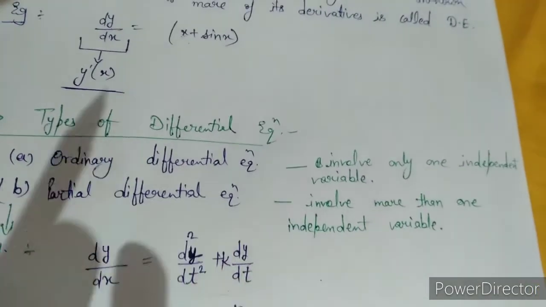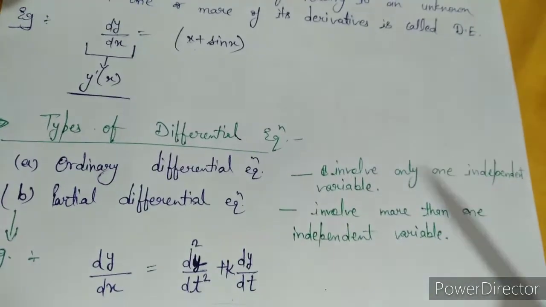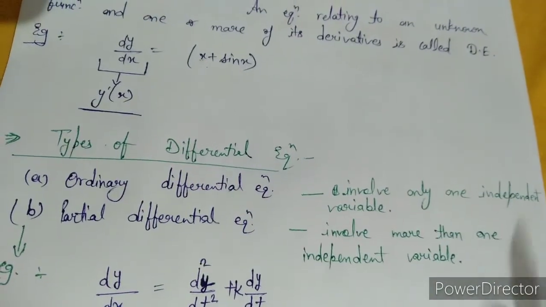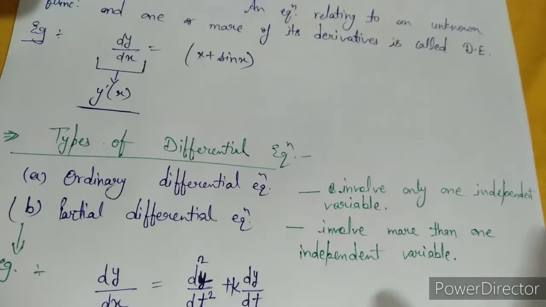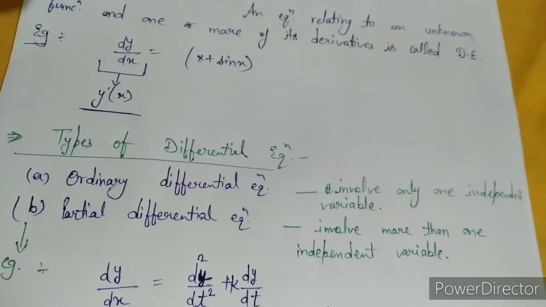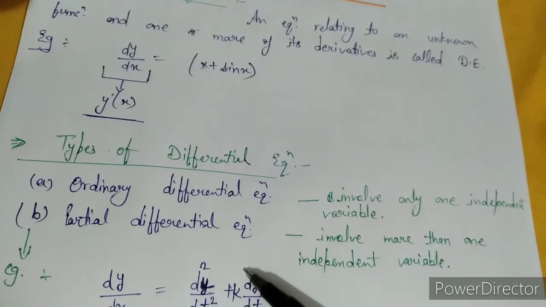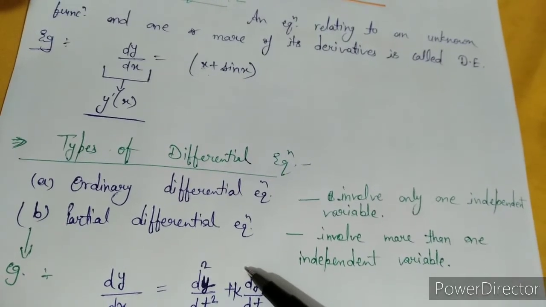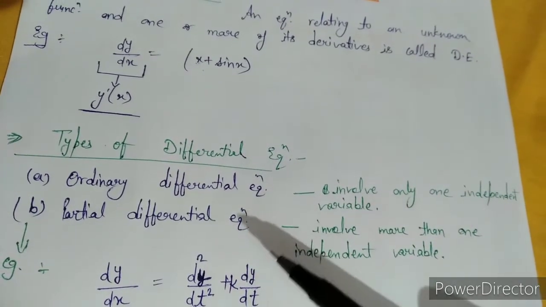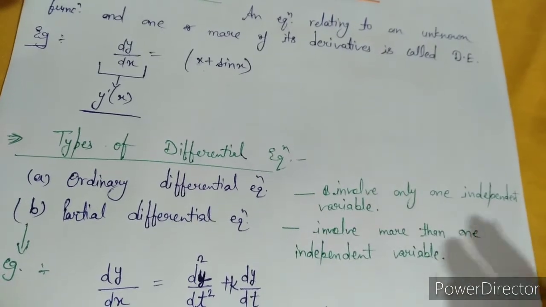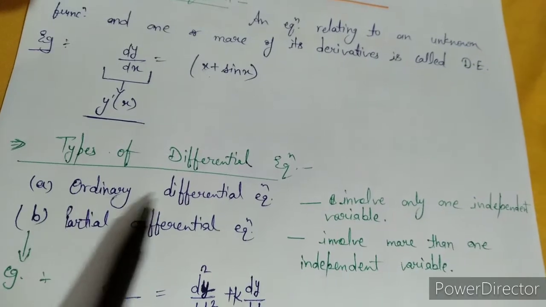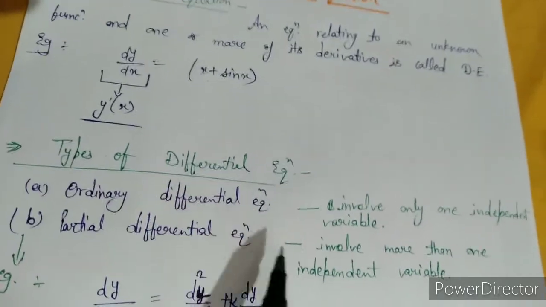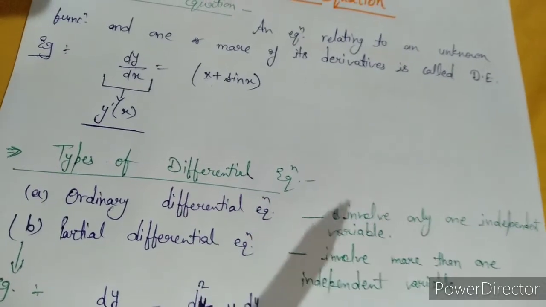There are two types: ordinary and partial differential equation. Okay, differential equation के basically two types होते हैं और उन दो टाइप्स को इस तरह से डिवाइड किया गया है कि एक तो है ऑर्डिनरी डिफरेंशियल इक्वेशन और सेकंड वन आपके पास में है पार्शियल डिफरेंशियल इक्वेशन. So these two types involve different conditions. So first of all we will discuss ordinary differential equation. This ordinary differential equation include करती है कि